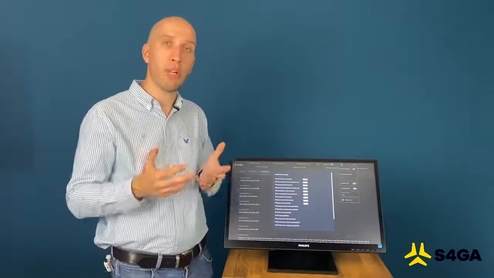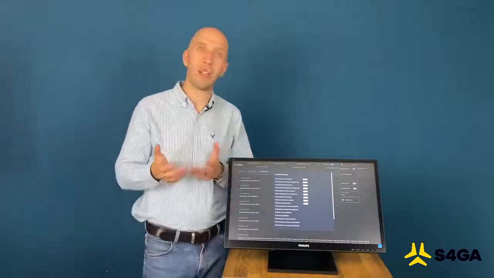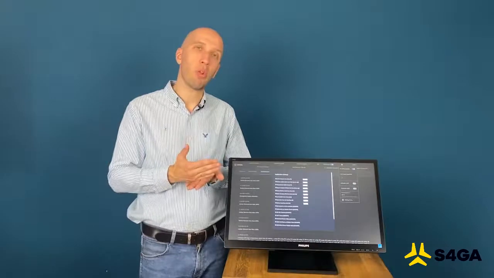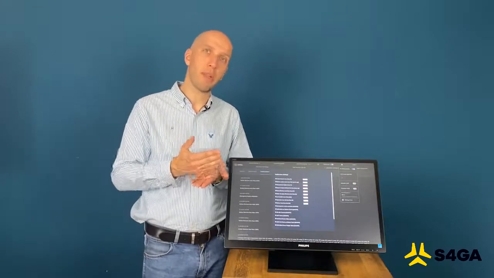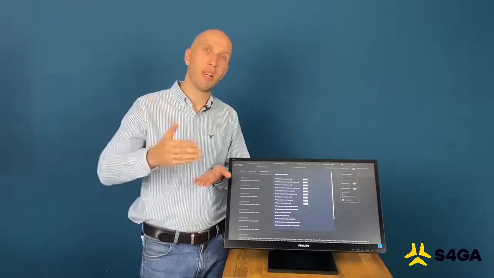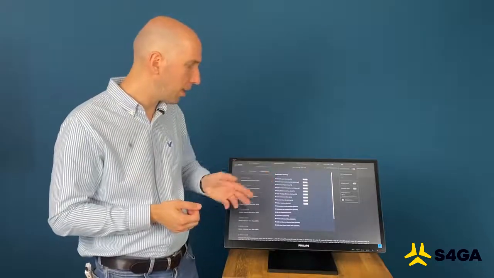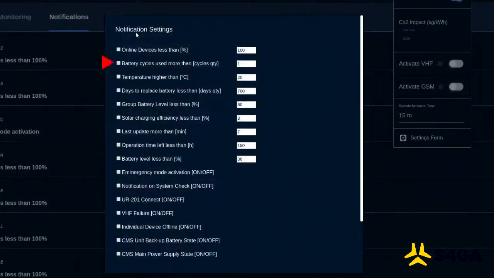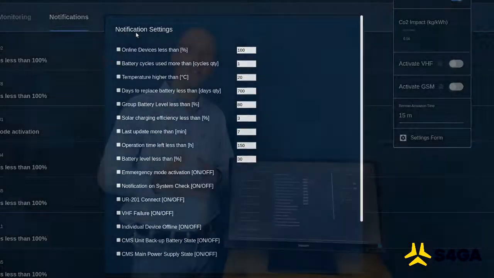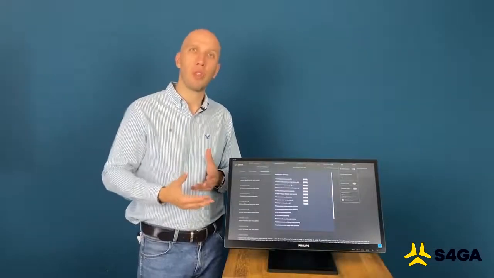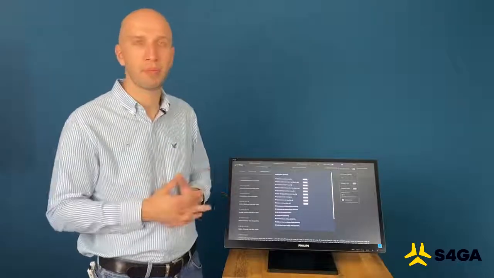As you know, there are certain regulations in ICAO or in EASA that require you to abort operations when the number of your lights is less than X amount. Battery cycles used more than: this is for the maintenance team to know when to exchange the battery, for example.